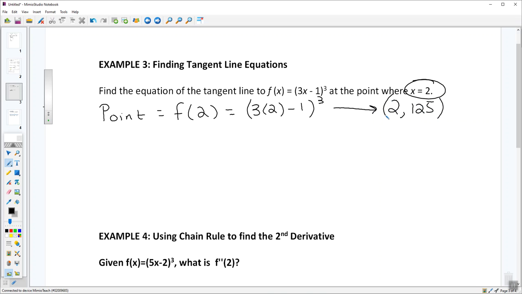So if I would graph 3x minus 1 to the third on Desmos, and I typed in x equals 2, what y value would it cross the function? 125. So that point that's on the graph is 2 comma 125. We all agree there? Okay. Next thing we need to know then is what's the slope at that point. And if I want a slope at that point, we need to know the